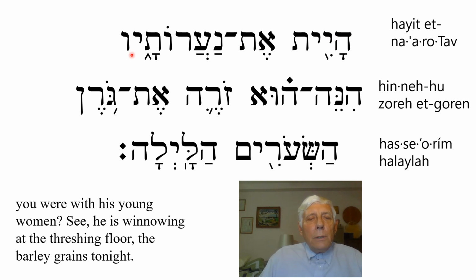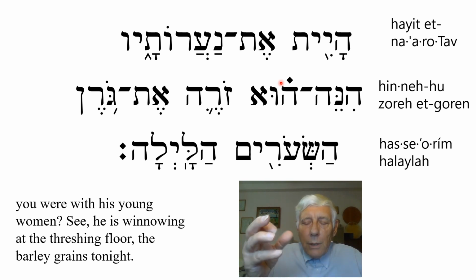So hayita hanarotav, hine, wow. Take a look. Exclamation. The old translation here would be behold. If you go to King James, it's going to be behold. Hine was always translated as behold. So, wow, take a look. There's something very interesting happening here. Hine, hu. But when you have an independent pronoun in such a way, it's put in there to emphasize he, that one. It's kind of like singling him out.